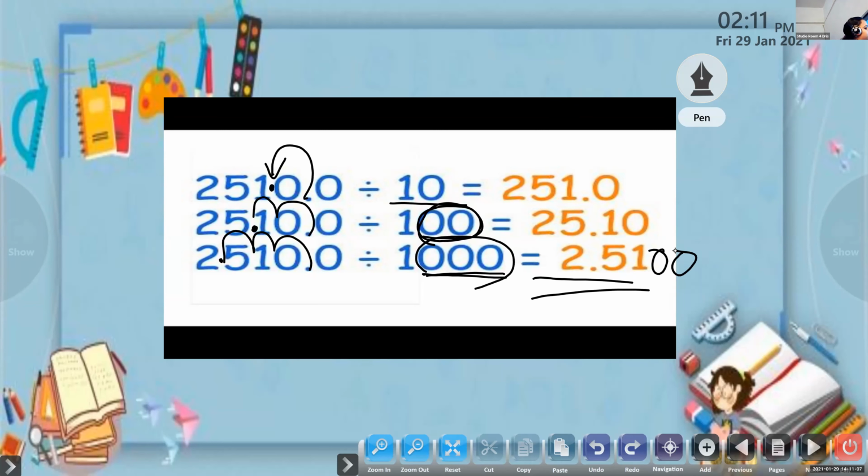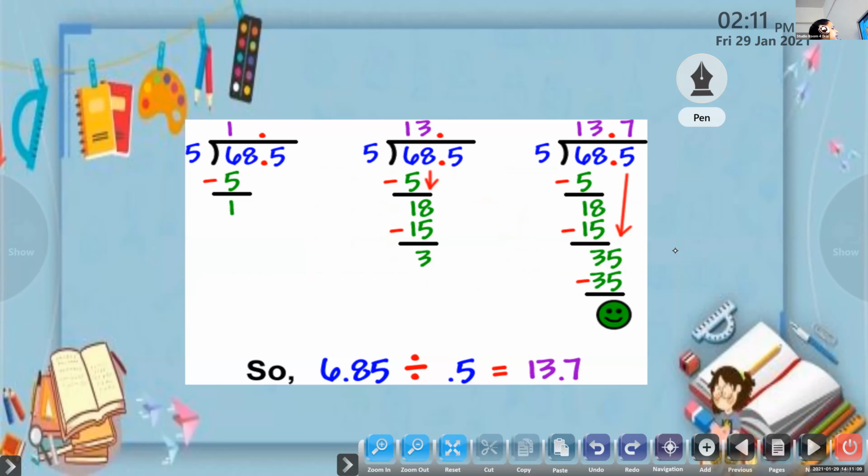Okay. Now the next one, we are going to study division of decimal numbers. So children, listen carefully. Don't do any other work now. Don't write anything now. Look at the board, all of you. Here we have 68.5. We will take the first number, 6 divided by 5. We'll get the answer as 1. 1 into 5, 5. Normal division, there is no change. Then 6 minus 5, the answer is 1. So this is the first step.